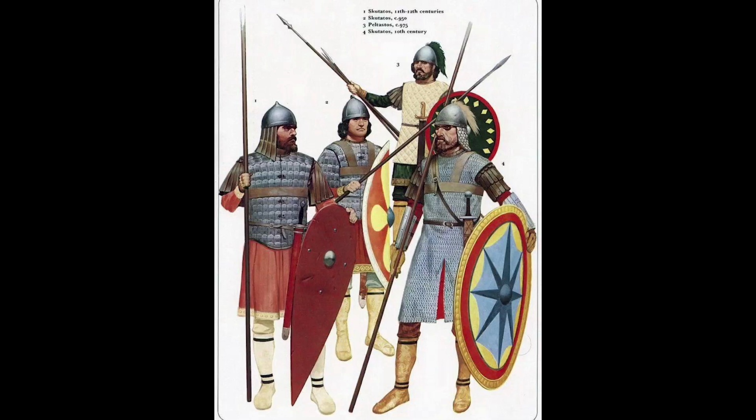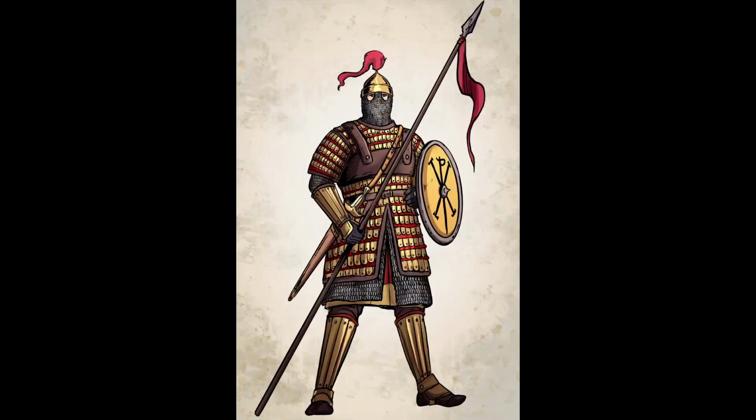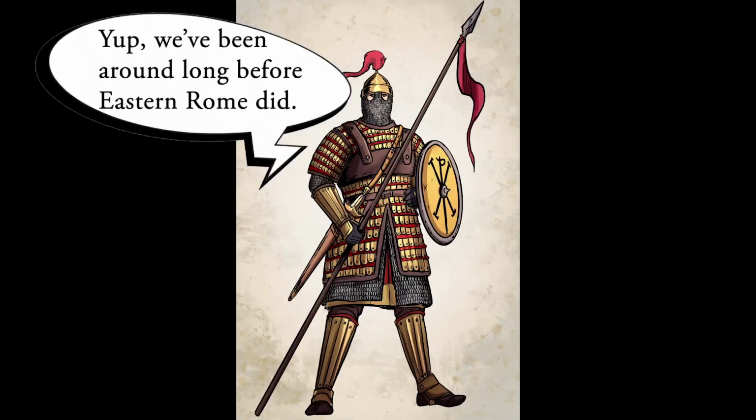If the Skoutatoi served as the main infantry force of the Byzantine Empire, for its cavalry, it was the famous heavy armored Cataphracts. The name of this unit derives from the Greek word kataphractos, meaning completely enclosed, and although they were famous in the Byzantine era, Cataphract cavalrymen had already existed since ancient times, originating in Persia, and throughout ancient